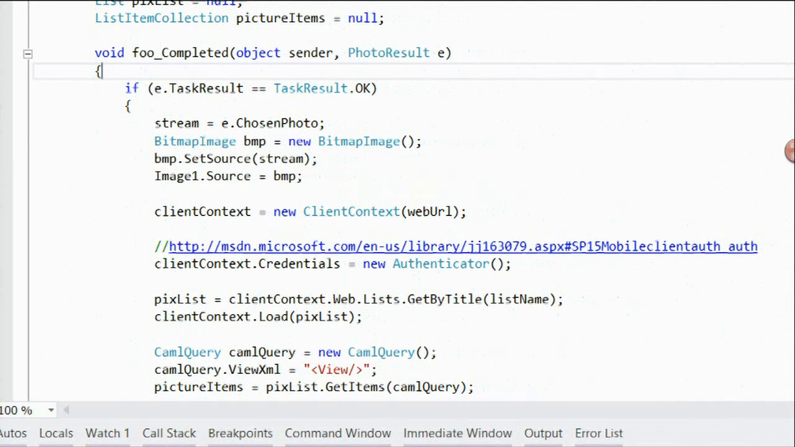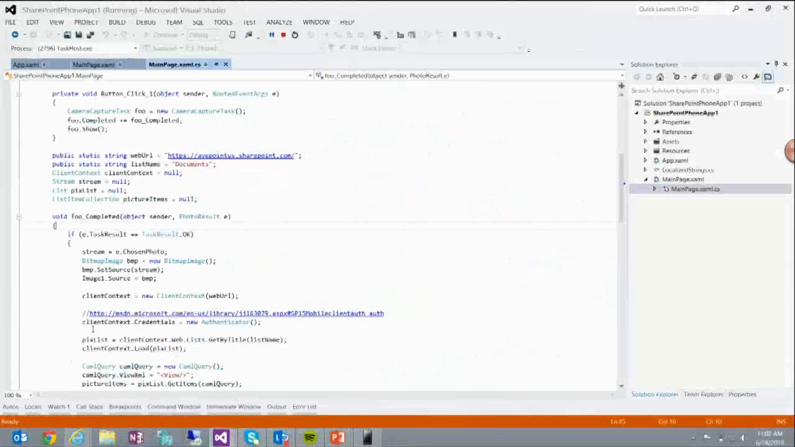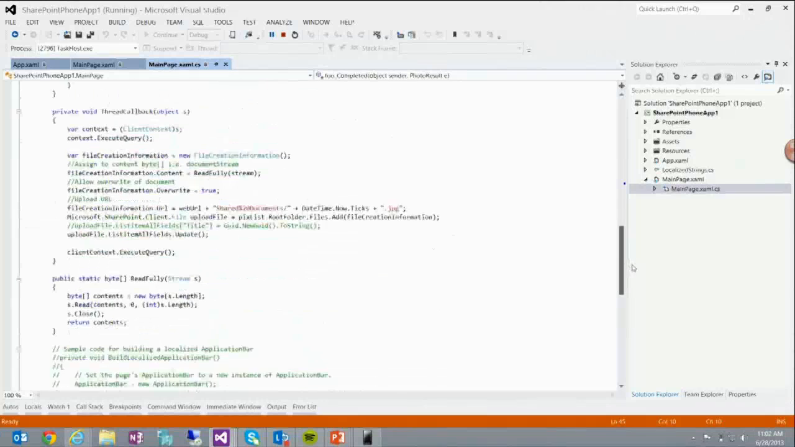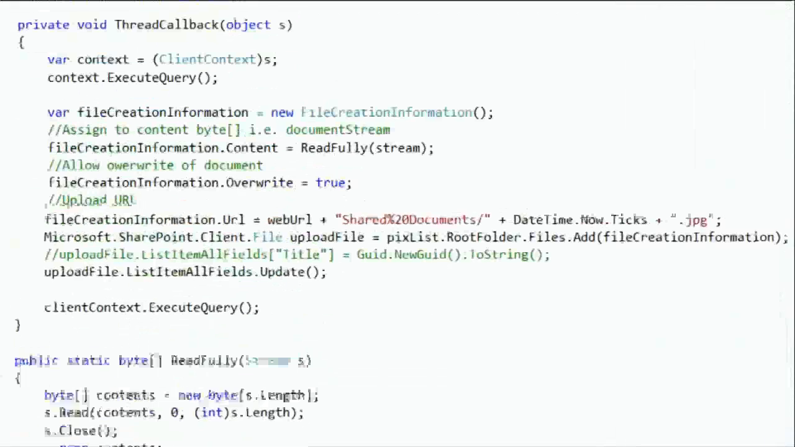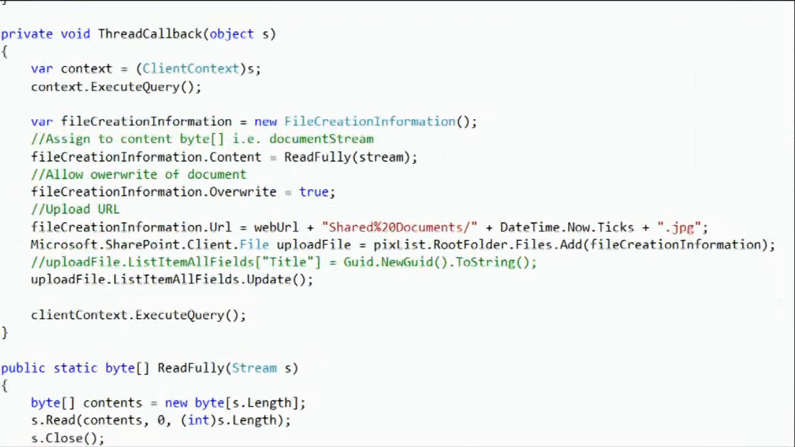Then what I'm doing is getting that list, my picture library list, which is my document library. I'm doing a standard get all the items in that list. And if I scroll over a little bit, essentially all I'm doing is spinning up a new file based on that photo that I've captured. I'm grabbing the URL where I want to store that file, and I'm going to upload that file directly into SharePoint. So not very many lines of code here, and what this will do when you see it in the demo